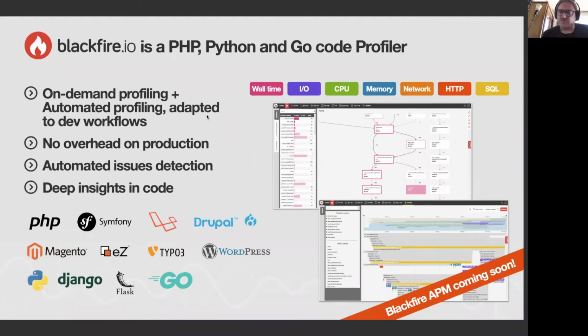And I also need to mention that we also have an application performance monitoring coming soon. We're working very hard on it, which will be complementary to the profiler. Since then, we will get a more statistical platform like New Relic does, for instance, but all packaged with the profiler as well. So, enough for the presentation of